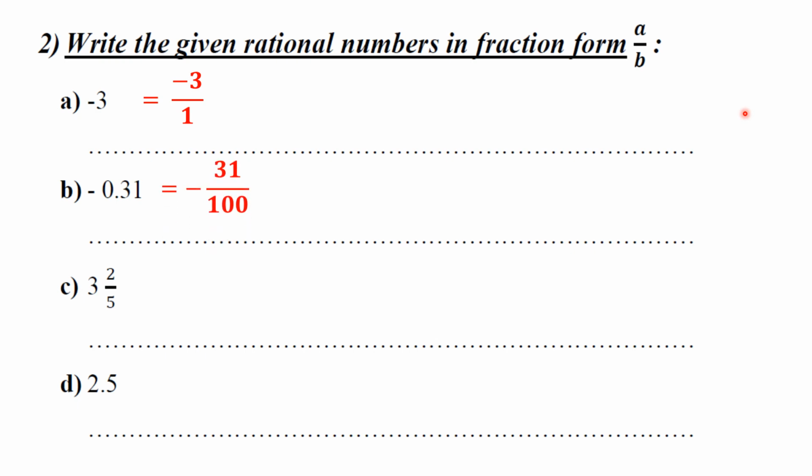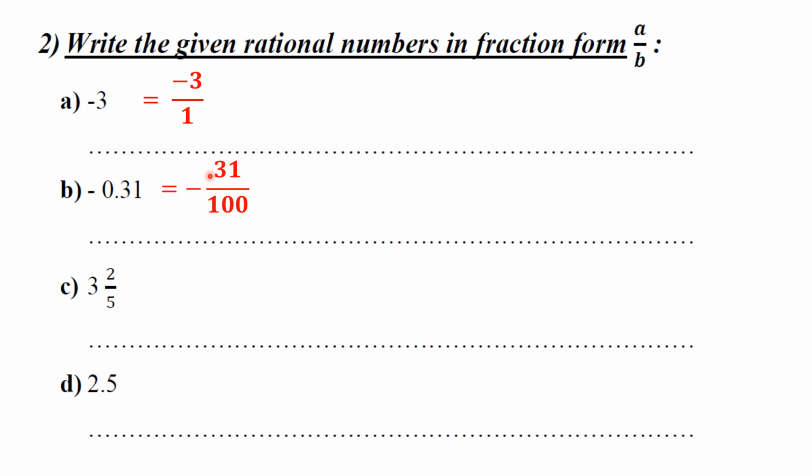Letter B, we have negative 0.31. We will change from decimal form to fraction form. We have two decimal places here, and we will put 100 in the denominator and write the number 31 in